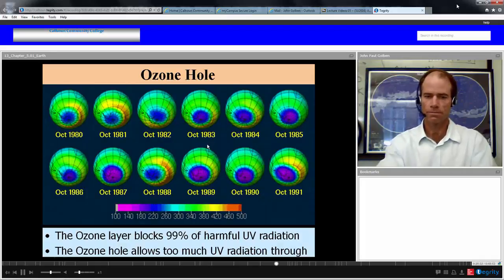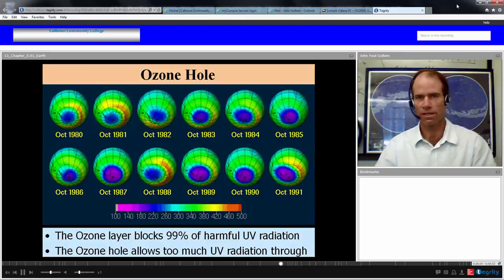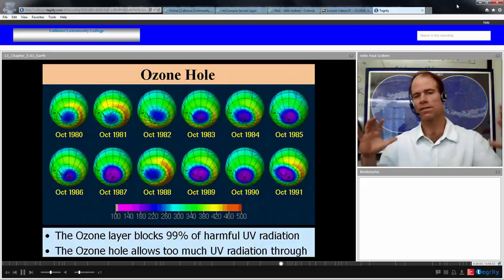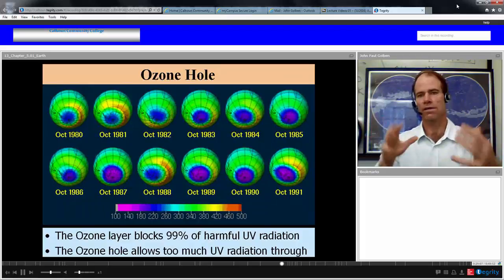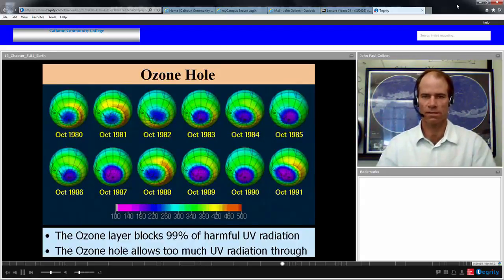And this is one area where special interest groups were not able to deflect the true scientific meaning of this. In the early 1990s, a protocol was established, the Montreal Protocol, where CFCs, chlorofluorocarbon compounds, were banned, which were eating up the ozone layer and allowing this hole to develop. Now those compounds contribute chlorine up to 50 years, so any kind of mitigation of that would have to be done immediately so that we can see a mitigation of this hole hopefully in a 50 to 60 year time,